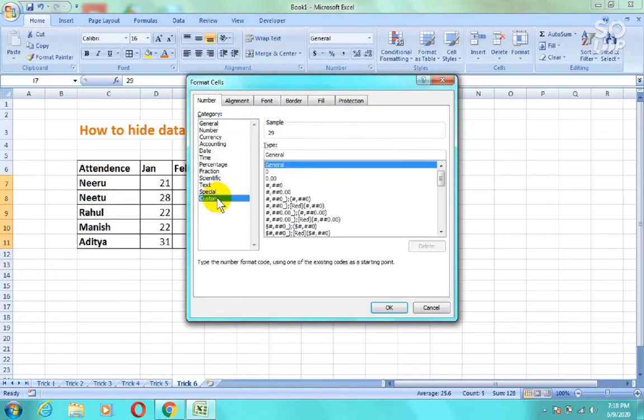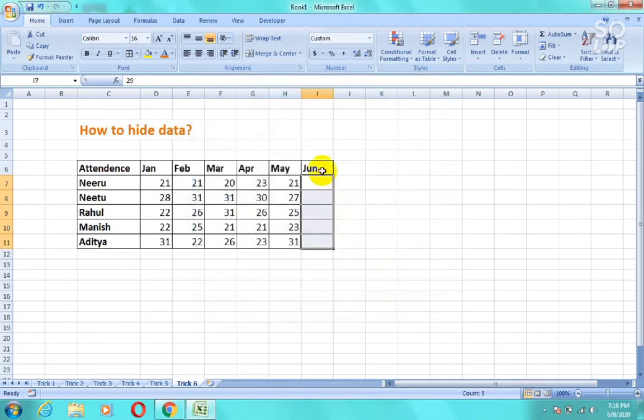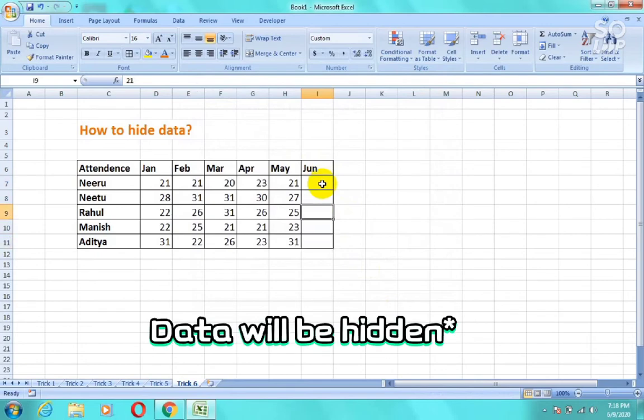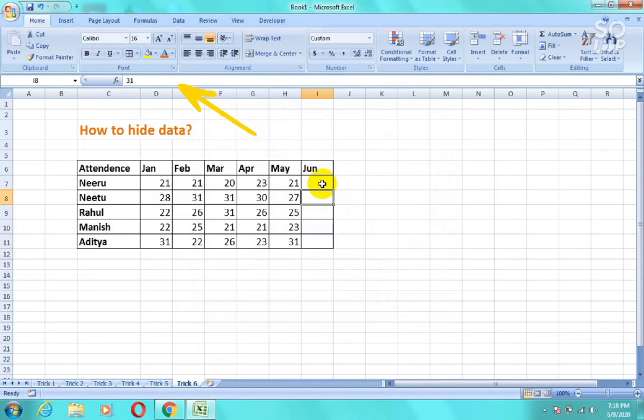Now type semicolon 3 times instead of General. Simply type 3 times semicolon and then press OK. Your data will be hidden. But you can see your data in the formula bar as you can see in the image.